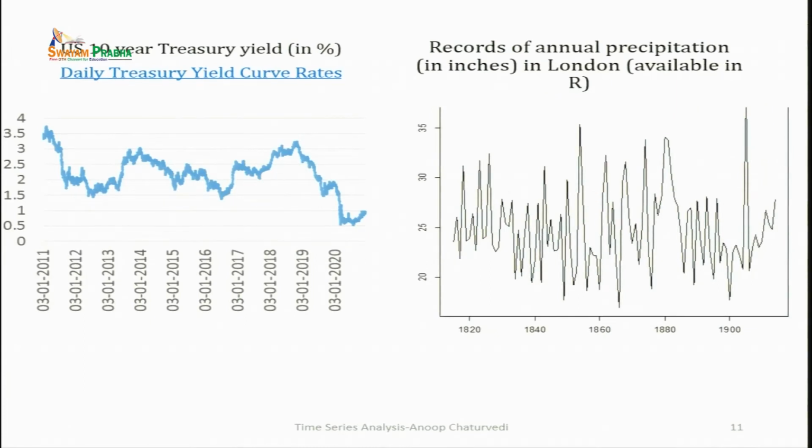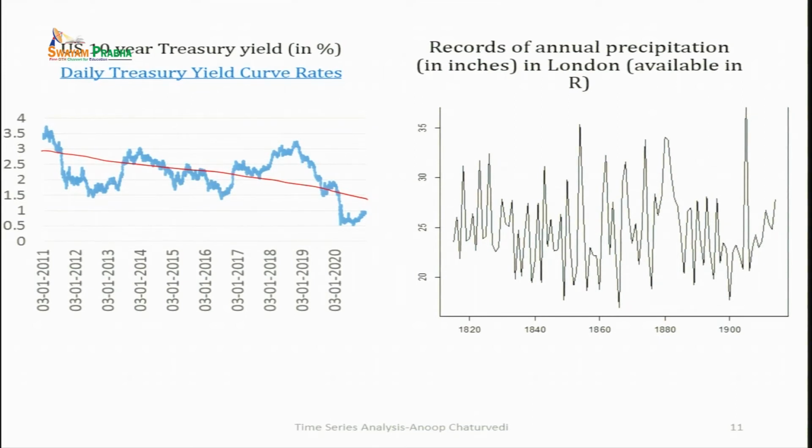Again, this first graph shows the US 10-year treasury yield in percentage. In this graph, actually you observe some kind of decreasing trend. Of course, this is just 10 years data. So, on the basis of 10 years data, you cannot say for sure that in the long term it has decreasing trend, but at least for this 10 years data set, the time series is showing decreasing trend. Then this is annual data, and around the trend you observe some kind of periodicity also. The period of these oscillations is more than 1 year. So, this periodicity is not caused by seasonal factors, this is caused by